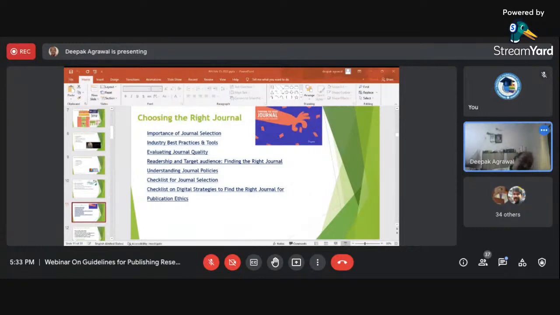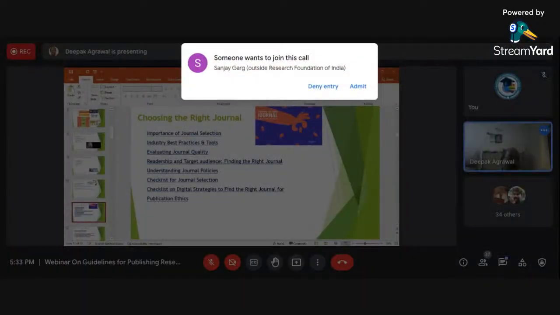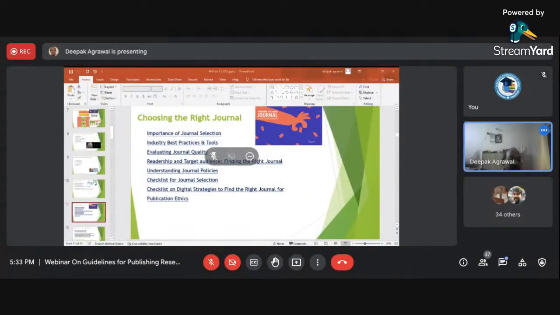Again, if you are preparing a paper for students, the level will be different. If you are preparing for your peer group, again it will be different. If you are preparing a paper for conferences, again the target audience may be different. So you need to focus solely on which type of audience you are targeting.